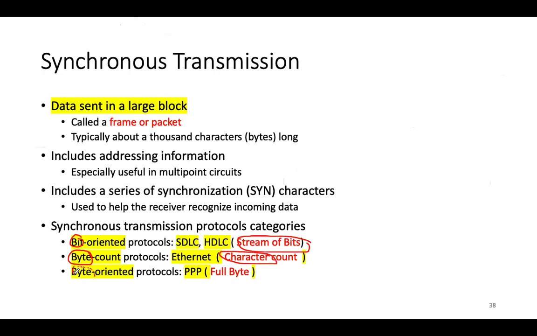And byte oriented, that one sends the full bytes, which means the eight bits. And the example of that is Ethernet, and the example of this one is point-to-point protocol. For this one, you just need a very basic concept. So the bit oriented is a stream of bits, the byte character count, and the byte oriented is the full byte, or